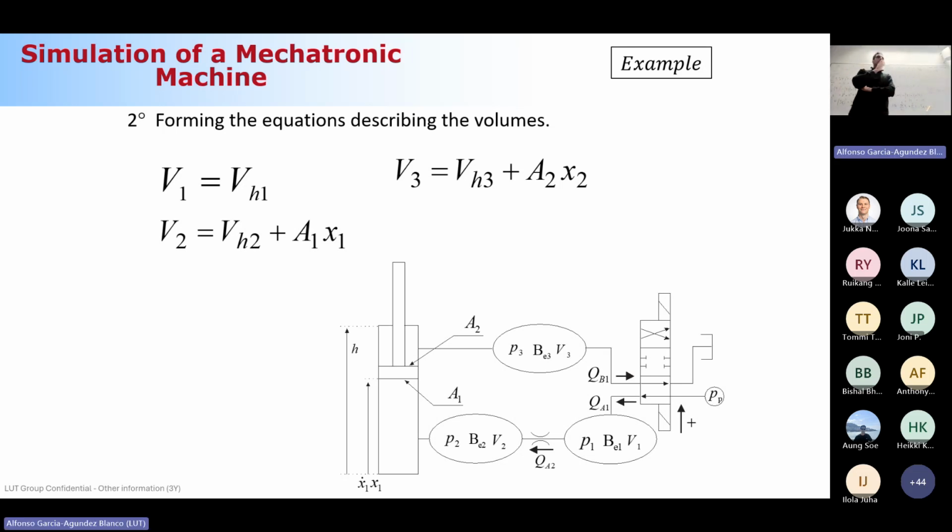Is it single acting or double acting? It is a double acting cylinder. If you remember in the tutorial, the meaning of single or double acting basically was double. Thank you, Ilola. Exactly. If we have oil on both sides, in the piston side and in the piston rod side, it is a double acting cylinder, and you can see even here the hose connecting this control volume and this